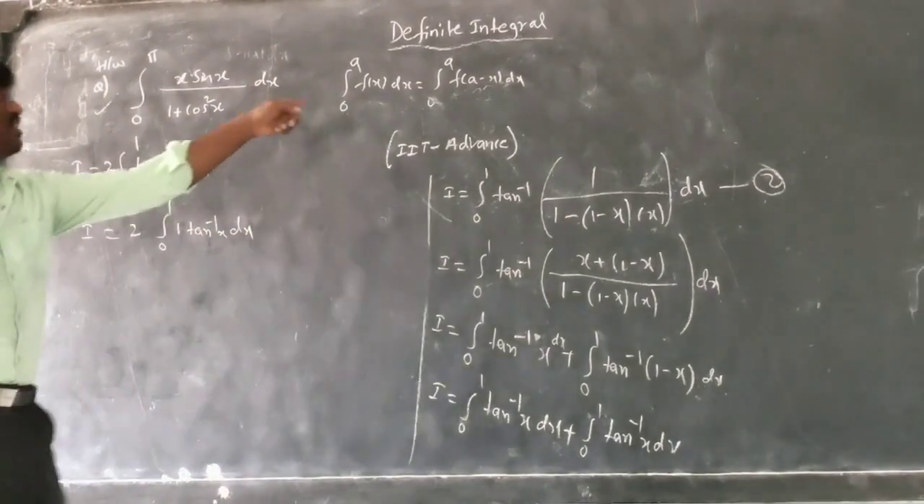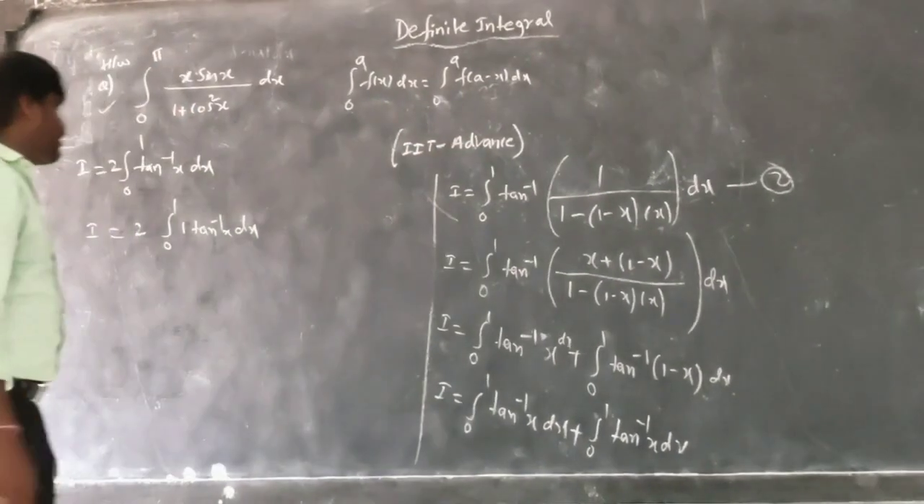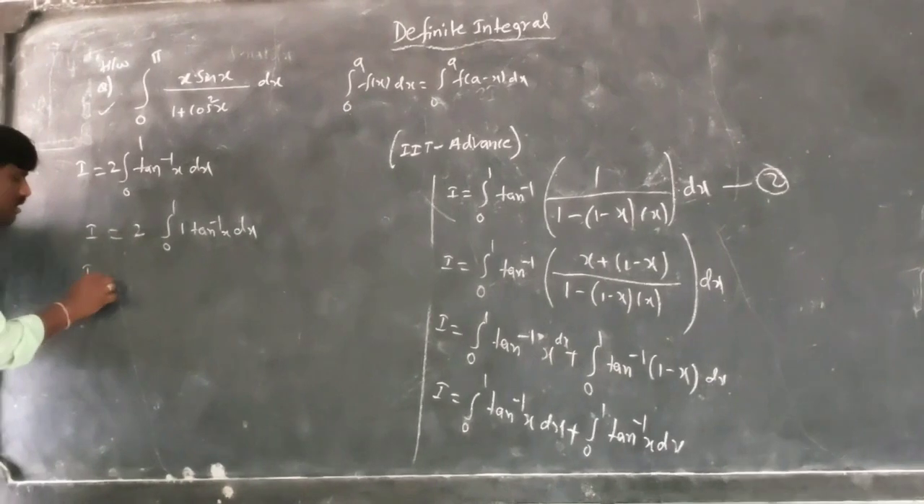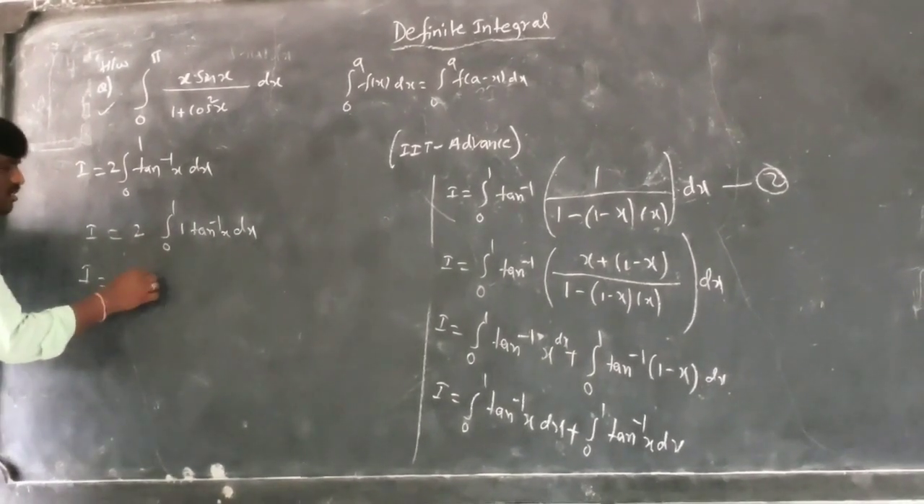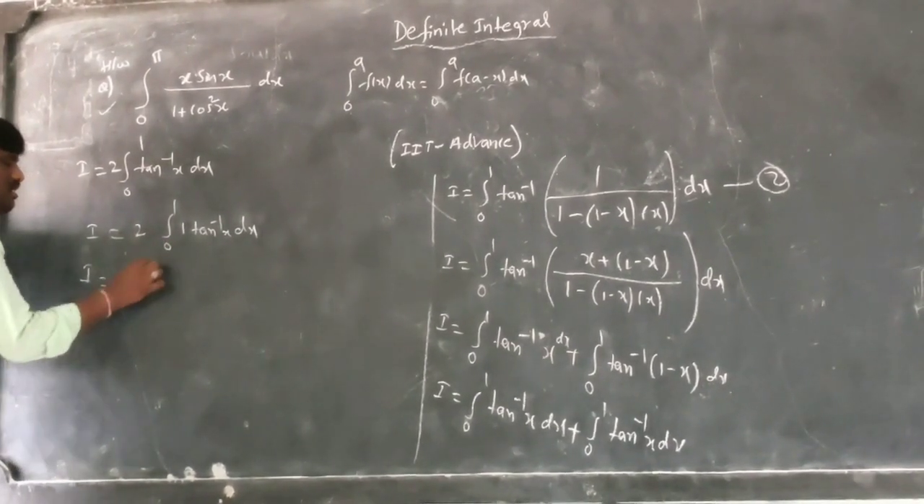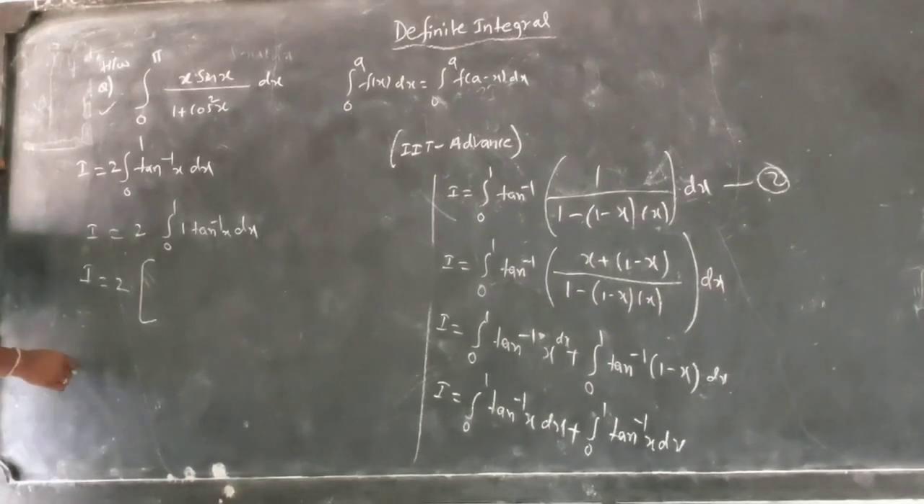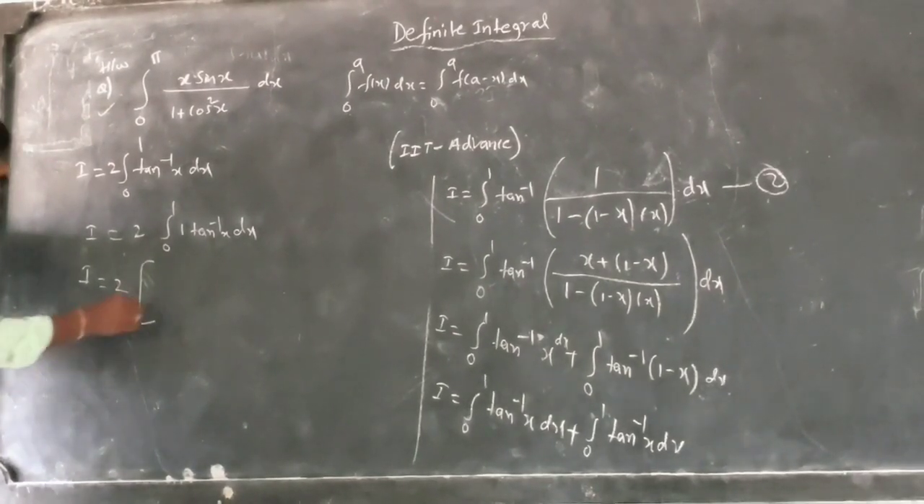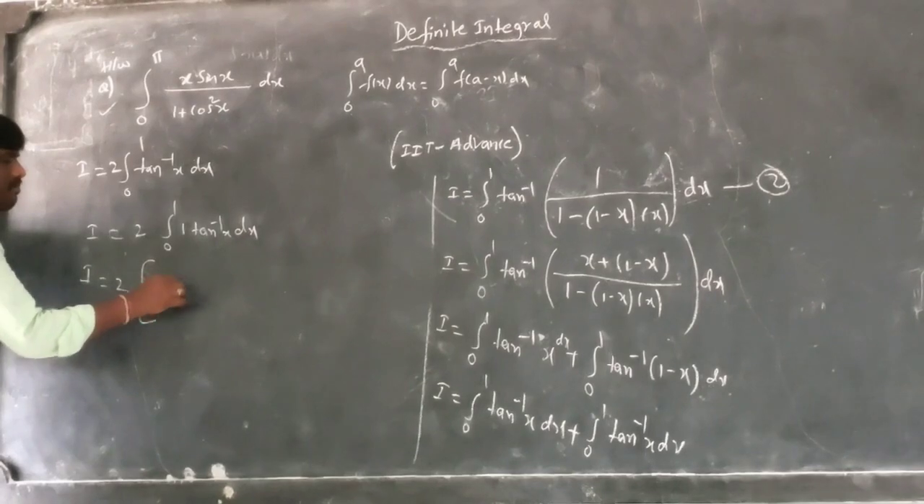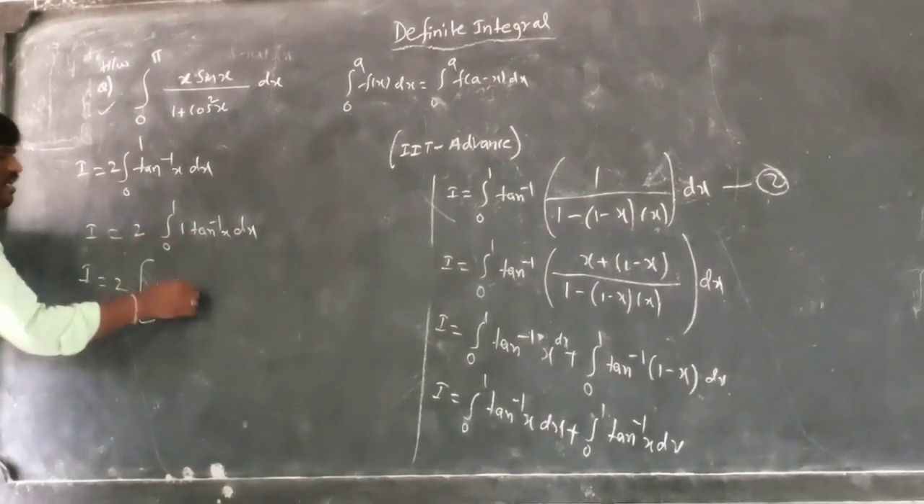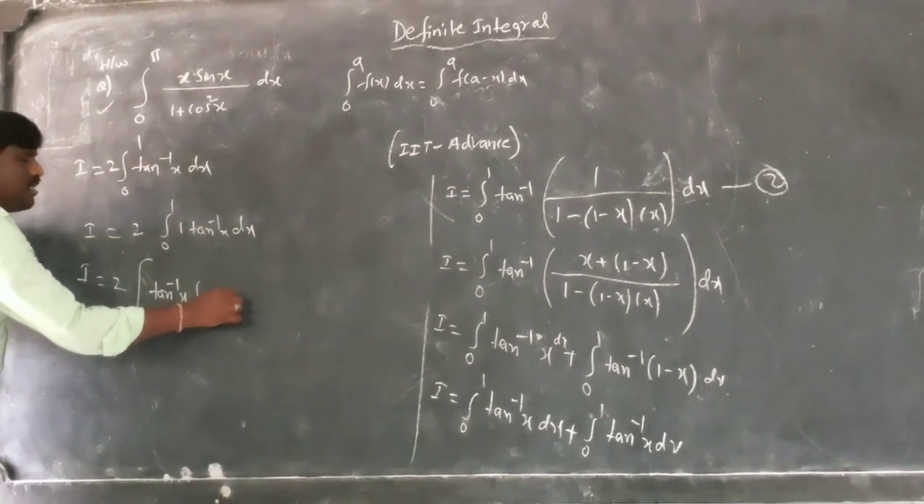This is an advanced question. So I is equal to 2 into the integral from 0 to 1. Now you know already, first function into tan inverse x. So what I write here: tan inverse x I will keep out, and the integration of 1, I will write integration of 1 dx, minus